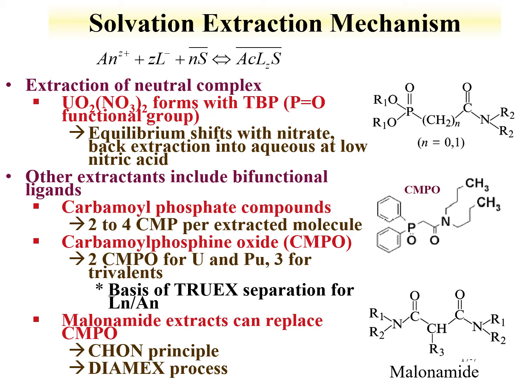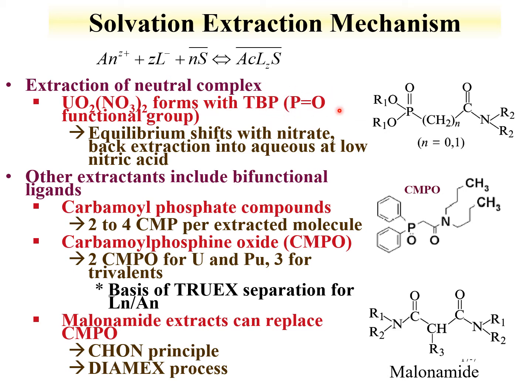A number of reaction mechanisms are involved in solvent extraction processes. The first one we'll discuss is the solvation extraction mechanism, where we have a charged actinide and a charged ligand with some solvent forming a neutral actinide species coordinated with the solvent. Within this reaction, the bar shown here represents the organic phase. So in this system, this starts out in the aqueous phase, this is an organic phase, and the extracted species is in the organic phase. Examples of these include extraction with neutral complexes, such as tributyl phosphate, as we've discussed, where